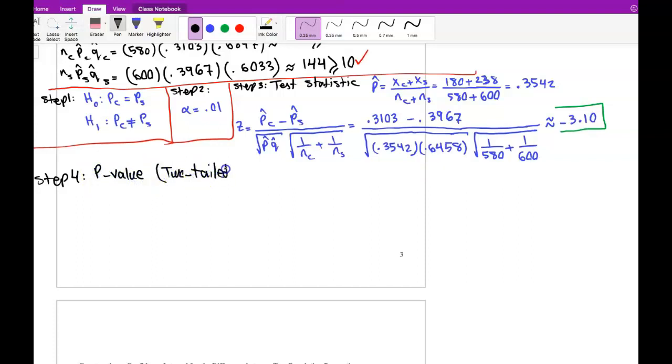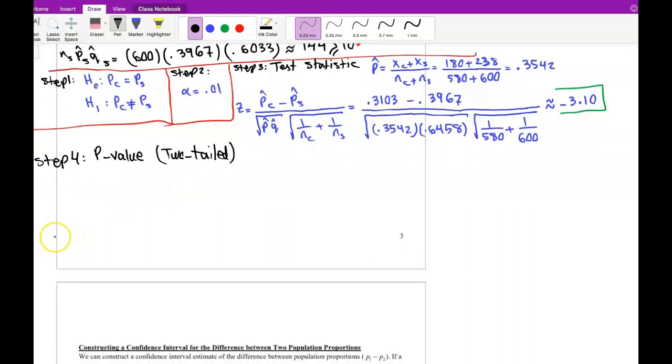We have a two-tailed test, so our z is negative 3.10. That is on the left, and since it's two-tailed, I have this part too, which is positive 3.10. So the p-value is the sum of the areas of these two tails. Remember, I told you when you have two tails, you need to multiply by 2. So 2 multiplied by